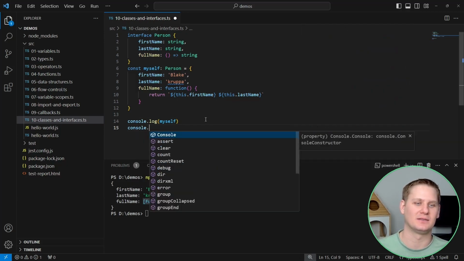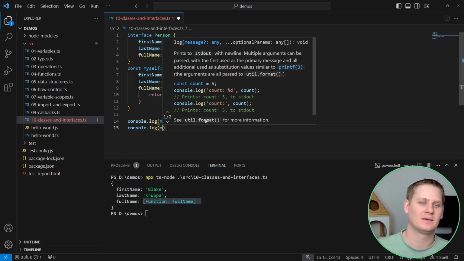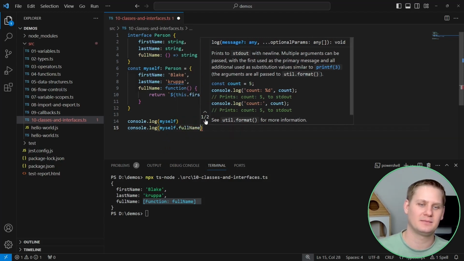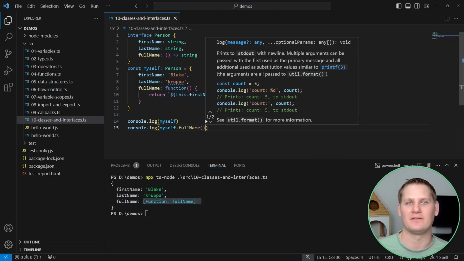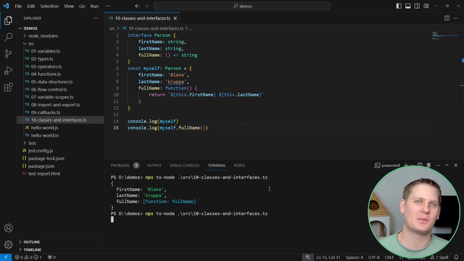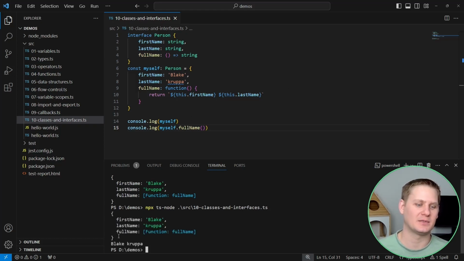We'll say console.log myself.fullName, just to verify that that function is working as well. And when we rerun this code, now we get the object printed, but then also we get the full name printed afterwards. So to recap the interface, what the interface allows us to do is define